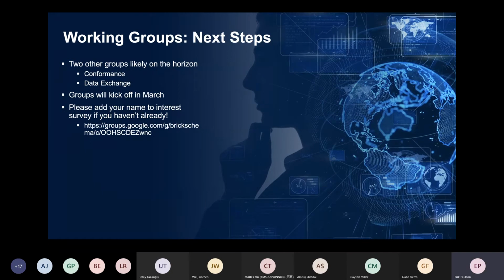We think these groups will kick off later in the month. There's a survey to help us schedule first kickoff meetings for all of them. If you haven't added your name, someone will drop this into the chat, so you don't have to screenshot this or type in a random string of characters to find it. It's also on the Brick Schema mailing list. We're just trying to put together some times. Again, we know that not everyone will be able to make the same synchronous time, so all these things will work asynchronously via email and GitHub and so on. But if we can have a virtual kickoff for the working groups, that's our goal.